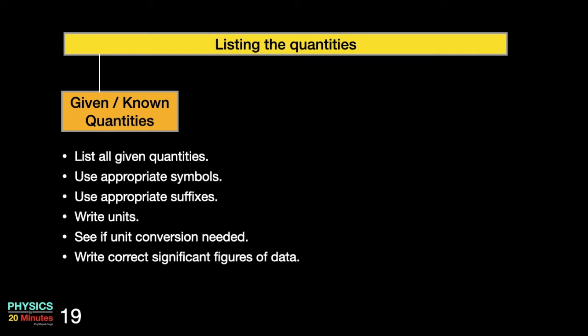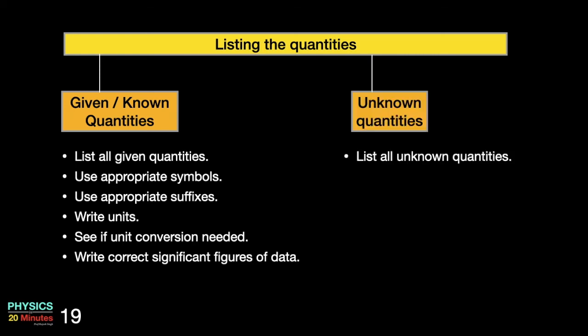Whenever the data is given in a problem, it will be given up to some significant figures. When you are noting down the given data, please note down the significant figures as well. For example, if the data says 36.0 and if you record it just as 36, then its value may not change, but you have reduced the significant figures from 3 to 2, which may affect your calculations later on.